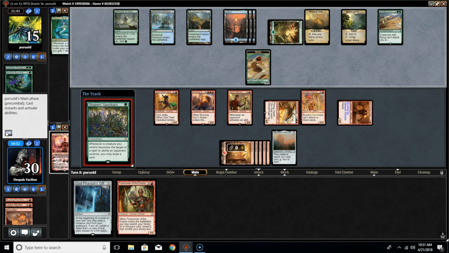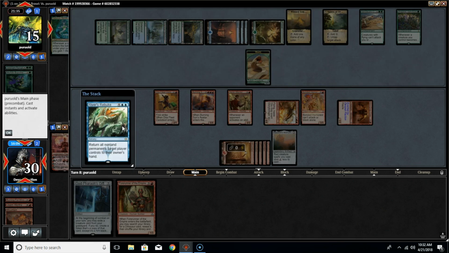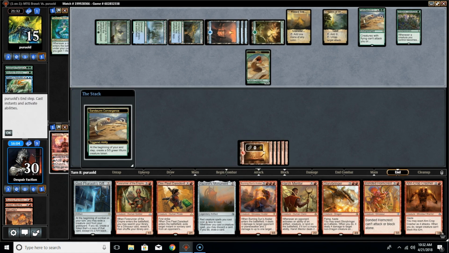Shaper Sanctuary. Whenever a creature you control becomes a target of a spell or ability, you may draw a card. Return all non-land permanents target player controls to the...